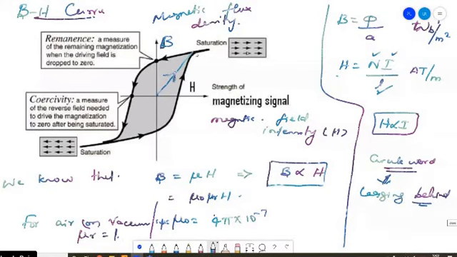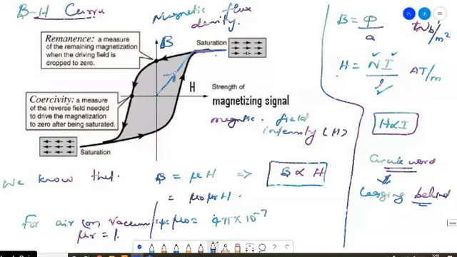At a particular point, what happens? When you keep on increasing the magnetizing current, after a particular point there won't be any further increase in B, to such an extent that a saturation will be observed. Exactly at that point where saturation is about to start, you need to stop taking the readings. From this point, you now have to reverse the operation, whatever you have done so far.